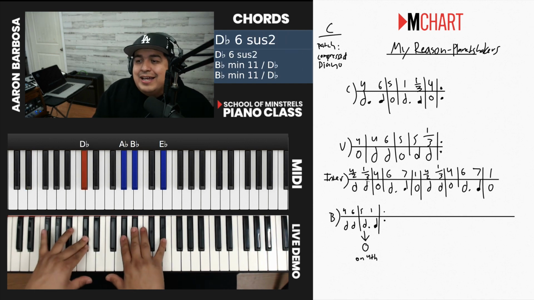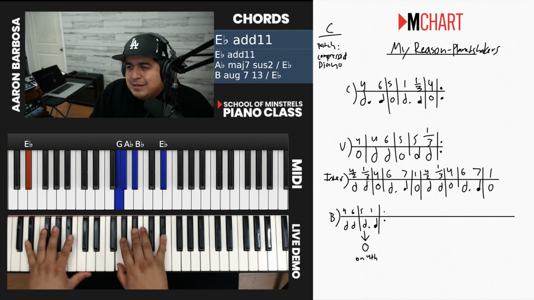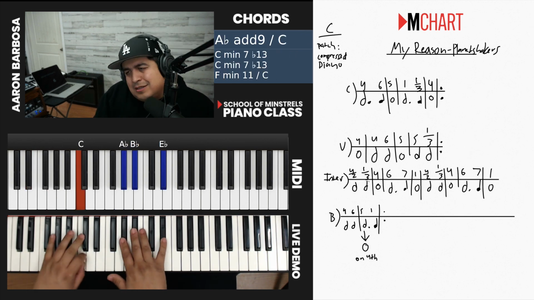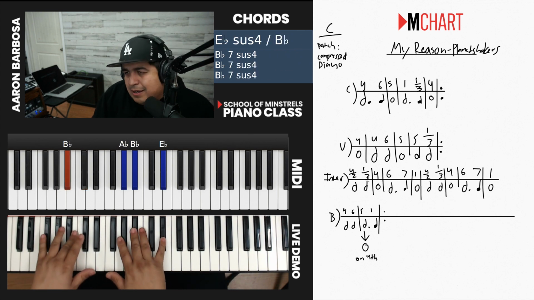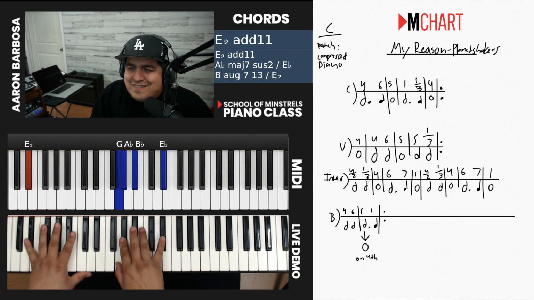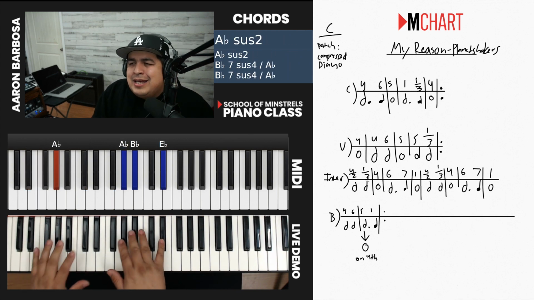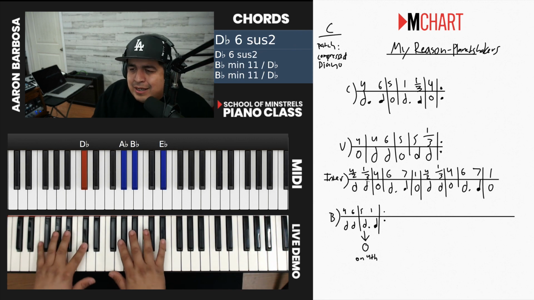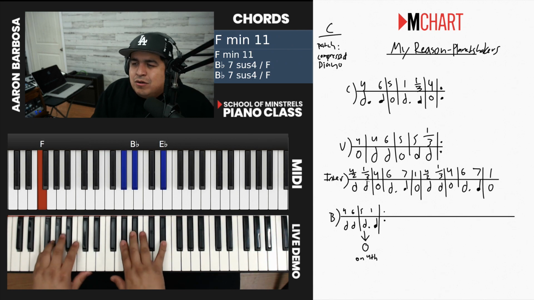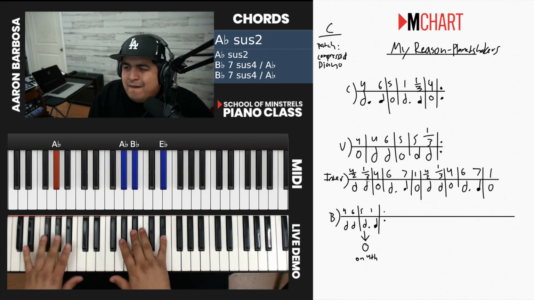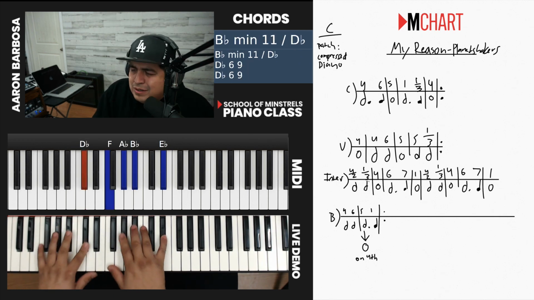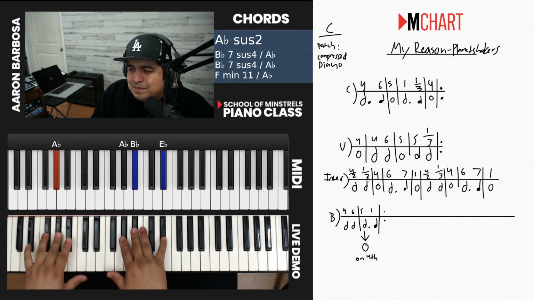Then chorus. To color it, I would add a G here and there. "Need another reason why." 2, 3. Sorry, 4. I wanted to go 2. Da da 5. Then 1. Da da da da da. Oh oh oh oh. Interlude. Oh oh oh oh. 6 and 7 and 1.